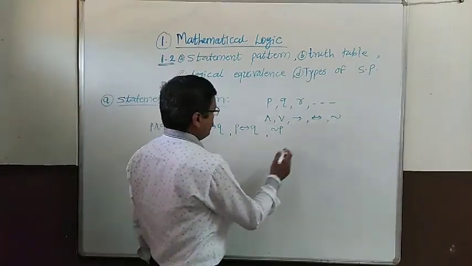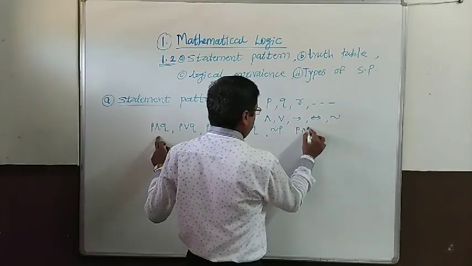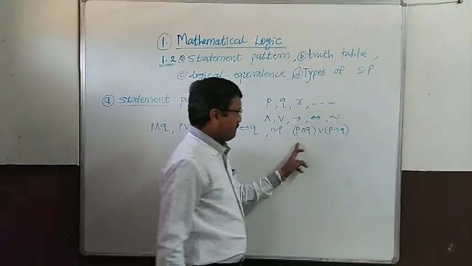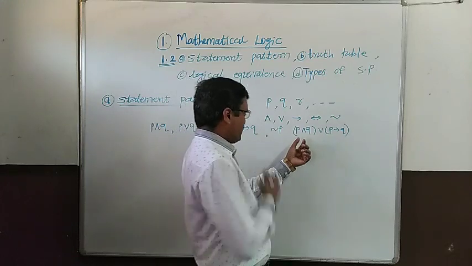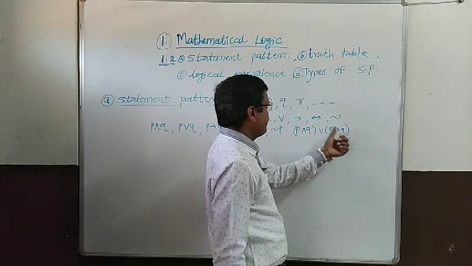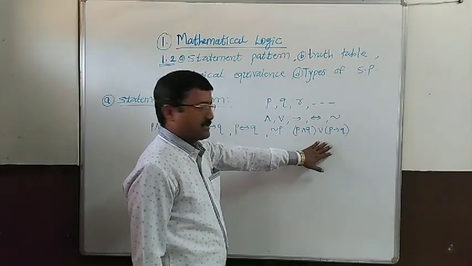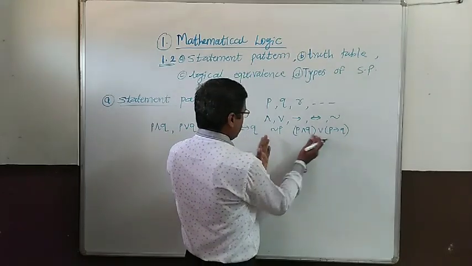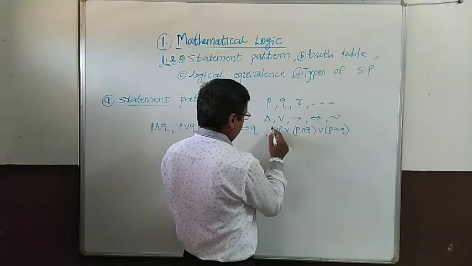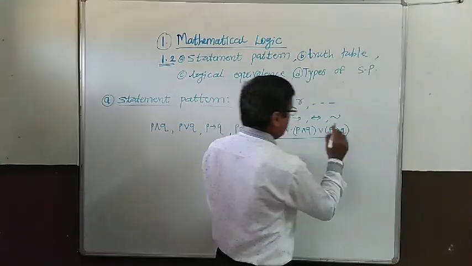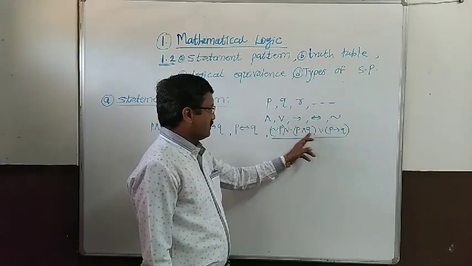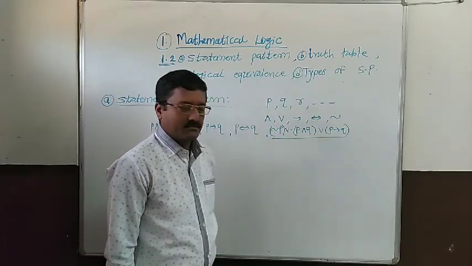Also, if you combine these again, for example, if you combine this P and Q, or P implies Q, then this will become new statement pattern which contains logical statements P and Q and connected as conjunction, disjunction, and implication. So this is an example of statement pattern. If you combine these two again compound statements, then by using logical connective, suppose R here, then this will become again one statement pattern. So statement pattern is nothing but the combination of logical statements and logical connectives.